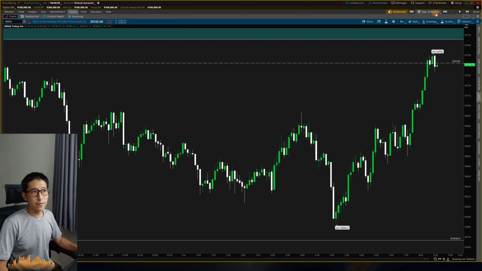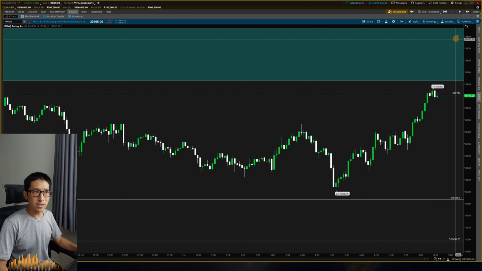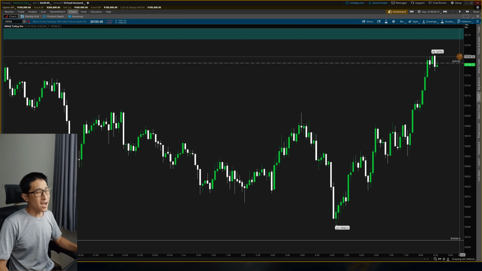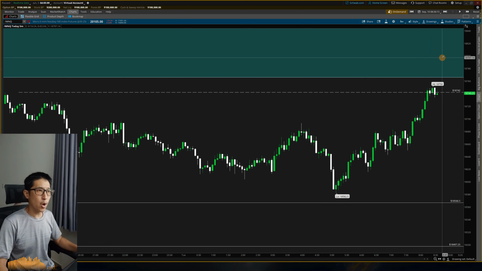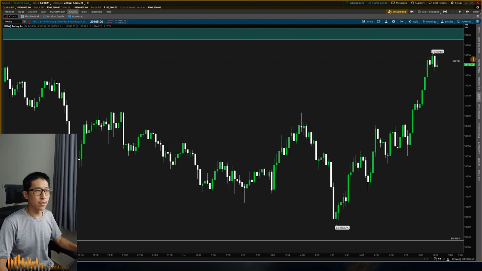All right, so a little bit after 8:30, we did take out the buy side liquidity. We haven't tapped into that daily fair value gap just yet, so I'm not eager to jump into a short. I really want to see price poke into that daily fair value gap. So I'm going to give it some more time, maybe 9:30, maybe 10 o'clock. We'll see what opportunity arises after the open.